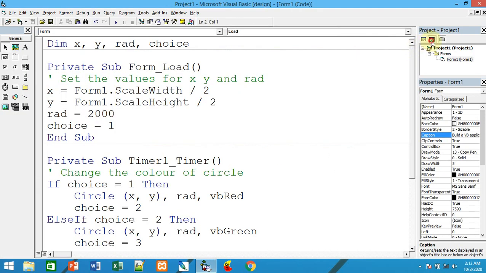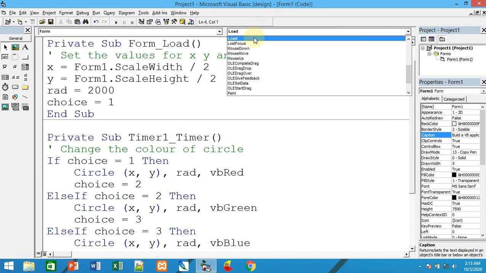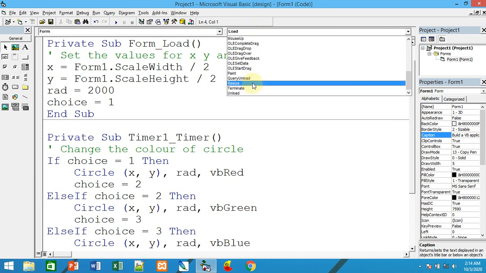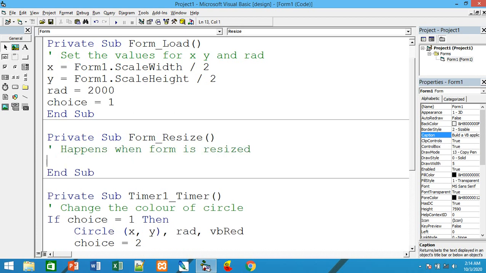It is static. So in order to fix that, along with load, the form has one more event, the resize event. This is triggered when the form is resized.